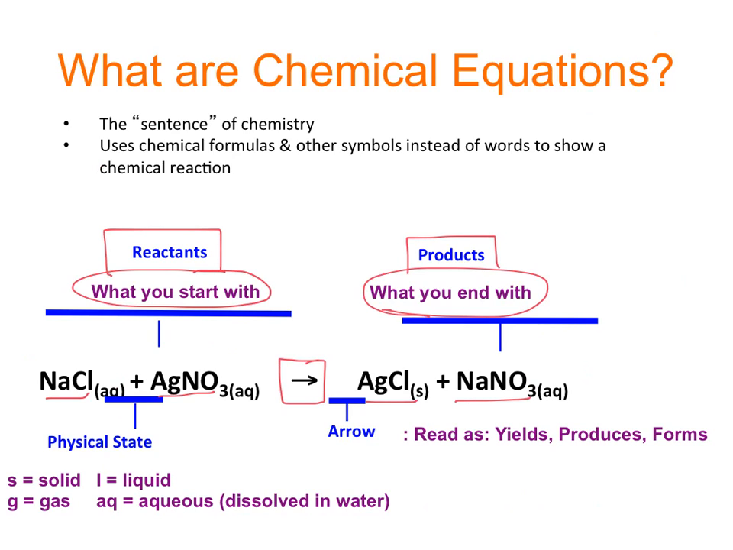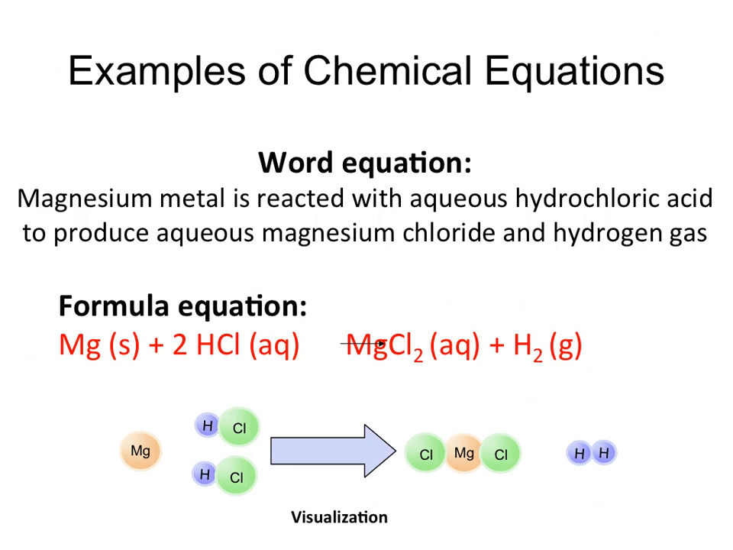Notice in the chemical equation that sometimes physical states will be added, and there are some symbols that you need to know. The S stands for solid, the G stands for gas, L stands for liquid, and AQ stands for aqueous, which means dissolved in water. Now there are other symbols that you can put within this chemical equation, but we're going to keep it pretty basic at this point. So on this page I have an example of a word equation,